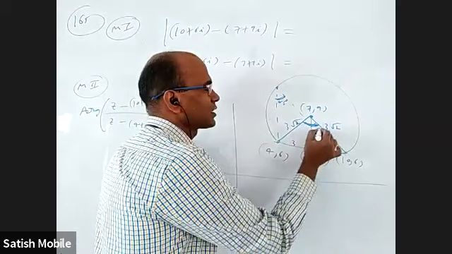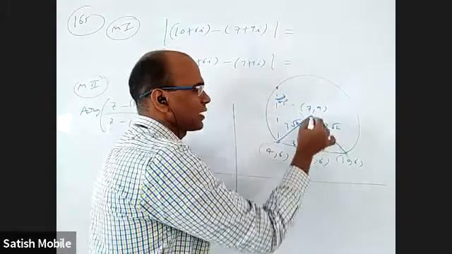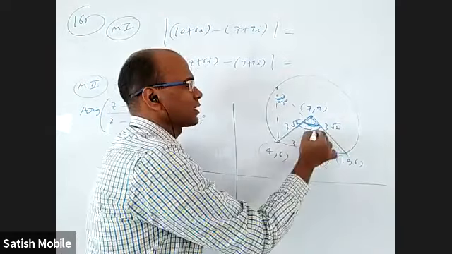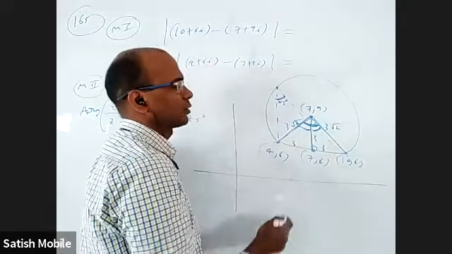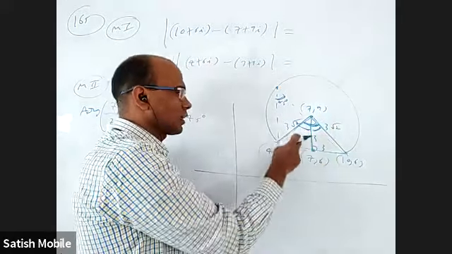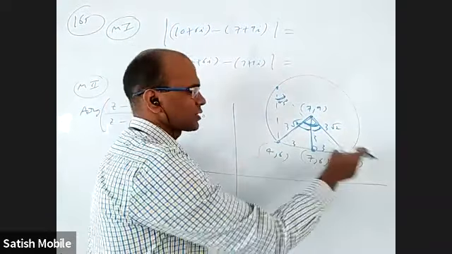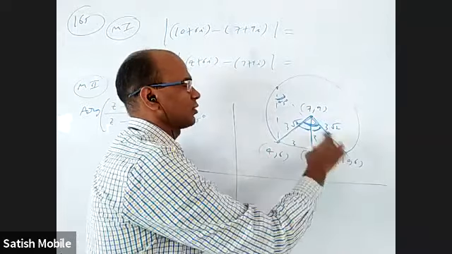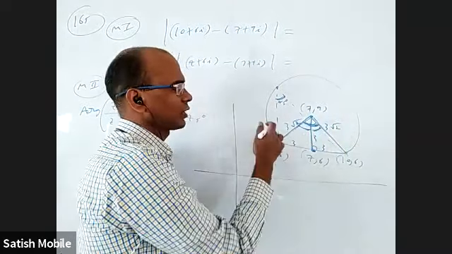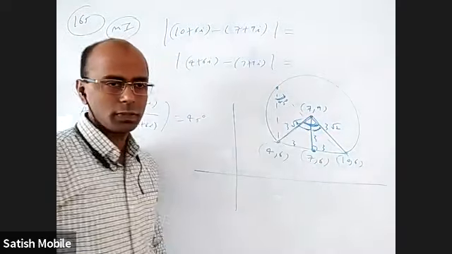And if this is 90, this is 45 and this is 45. This is an isosceles triangle because this is the radius, this is the radius. This total is 90, so this is 45. This is a right angle isosceles triangle, 45, 45. If I draw this altitude, this is a right angle isosceles triangle, this is a right angle isosceles triangle, this total is also a right angle isosceles triangle. This is 4 comma 6, this is 10 comma 6, so the midpoint is 7 comma 6. This is 3 units, this is 3 units, this is 3 units, this is 3 root 2, this is 3 root 2. From 7 comma 6, if you go 3 units above, what will the center be?